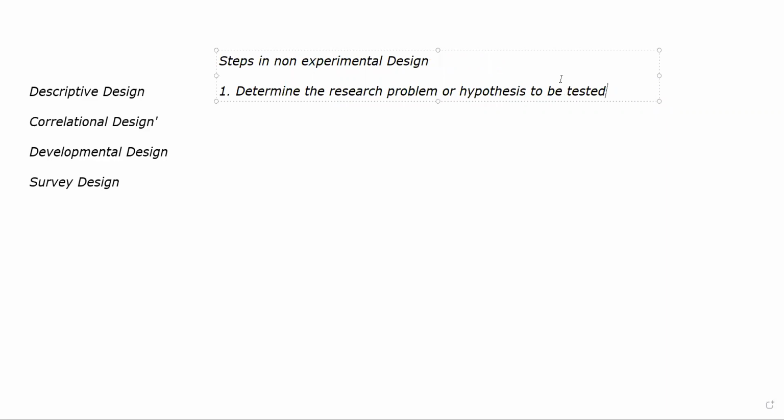Okay. The first step will be the same: determine the research problem, or hypothesis to be tested. Either way, आप कोई hypothesis test करना चाह रहे हैं या कोई specific research problem को answer करना चाह रहे हैं. Now this will require making the claim of cause and effect. It might even include identifying or mediating, modifying variables. You might have certain variables that you might have to modify, or you might have to identify, or you might have to mediate. तो आपको वो करना पड़ता.